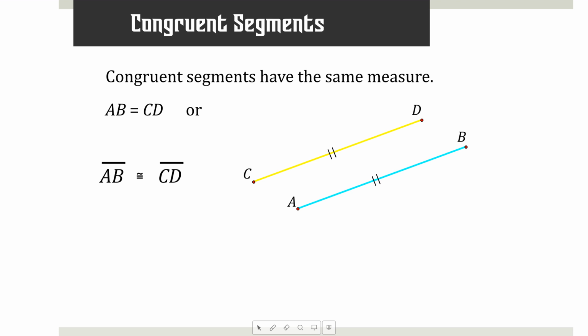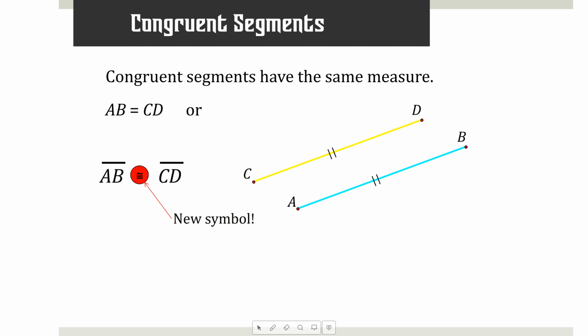Okay. So the top one, AB is equal to CD. You'll recall from a previous slide that AB is the length of the segment AB. So this is saying 8 inches is equal to 8 inches. 8 is equal to 8. Here we're talking about using that new symbol, by the way, which is congruent. It's an equal sign with a tilde over it, for those of you that are taking Spanish. That means same shape, same size.